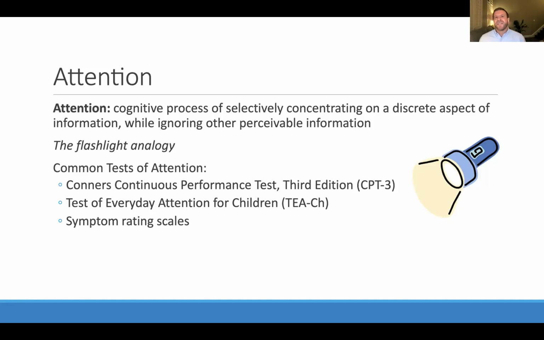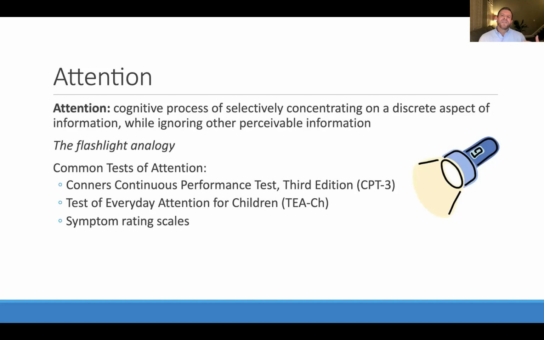So if we think about attention as a flashlight, right? We can't process everything around us at all times. There's limits to what we can process. And so we have to direct our focus like a flashlight. We may say, let's focus on this and not look out the window, or think about this and not what we're having for dinner later. So we have to prioritize. And what that involves is self-control over our attention.